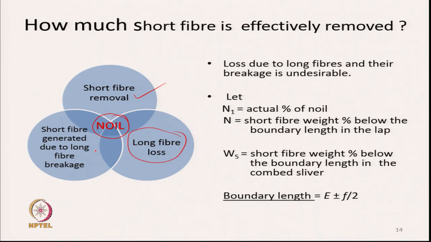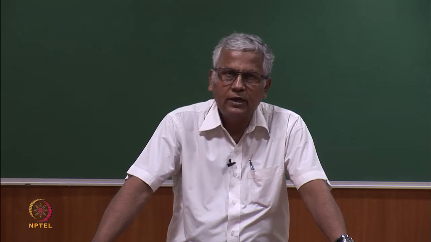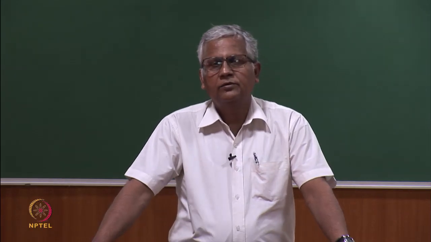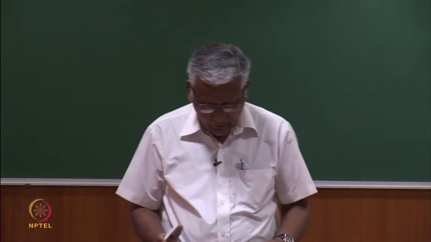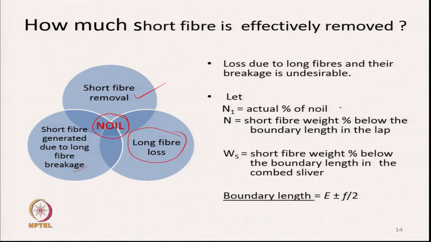So, noil may consist of long fiber loss also, and the third part is short fiber generated due to long fiber breakage. That is what I told just now. This could also be contributing towards the noil. So, noil therefore consists of short fibers present in the lap, short fibers generated during the combing process, and long fibers in the lap itself. So, let N1 be the noil percentage, N is the short fiber weight percentage below the boundary length in the lap,